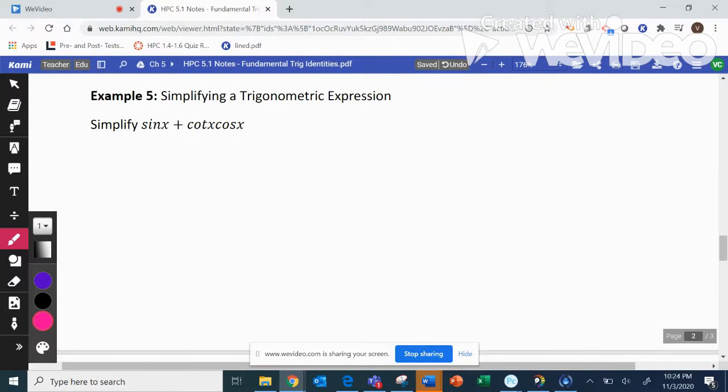Simplifying a trigonometric expression. Simplifying, again, is going to be rewriting it as simply as we possibly can. There are lots of different ways of doing this, and you can't sit there and say, I don't know what to do. You just have to start trying things. One recommended method might be to change everything into terms of sine or cosine. So here I've got sine x plus, I'm going to change this cotangent x into cosine x